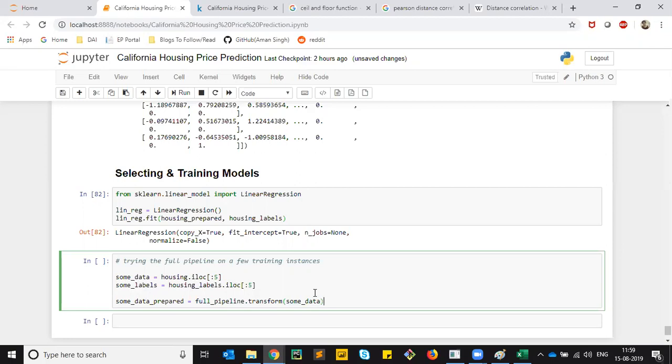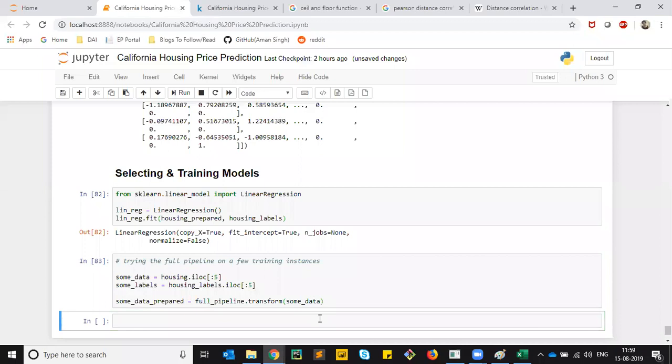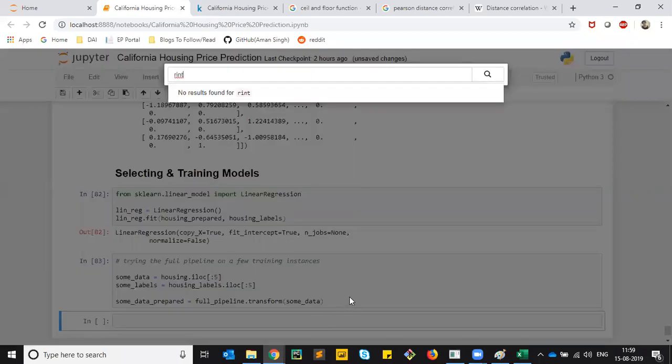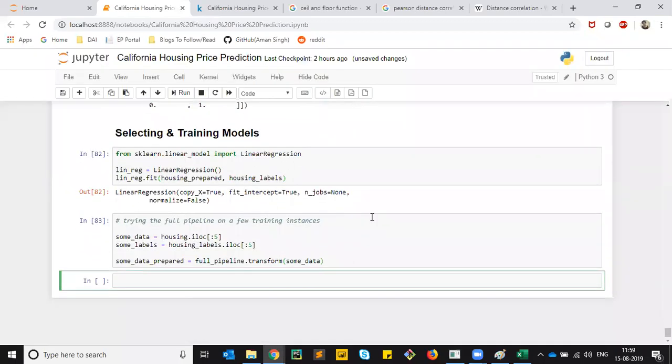Some data, right? And now let's print the predictions and the labels. So the predicted values through our linear regression model and the actual labels. Predict some data prepared